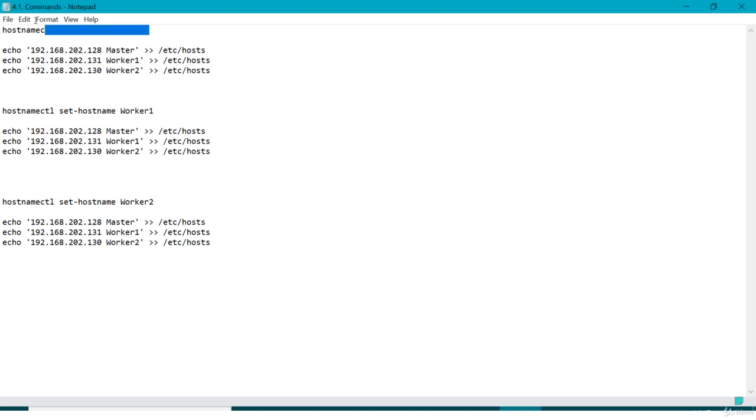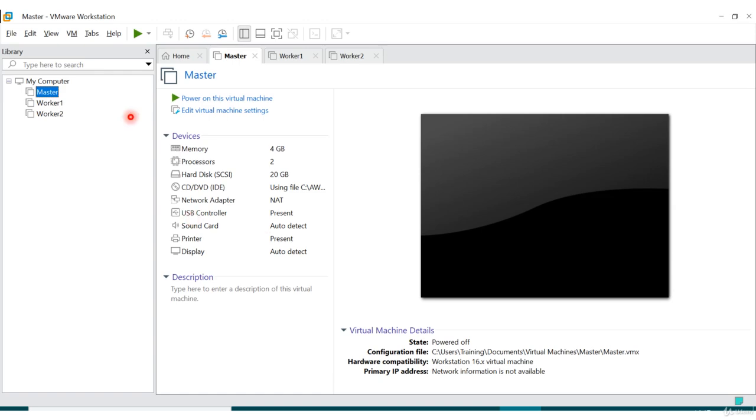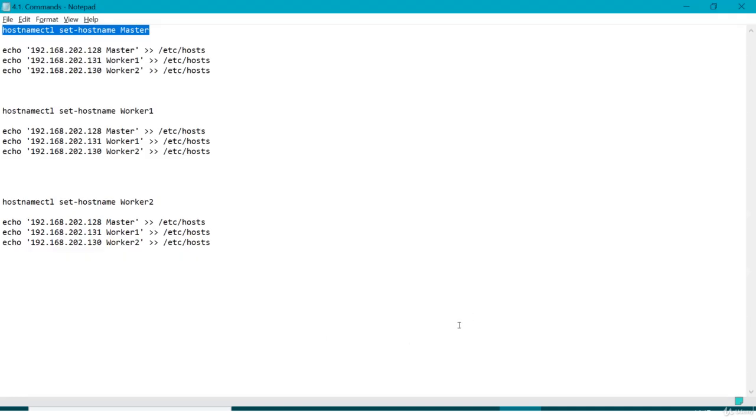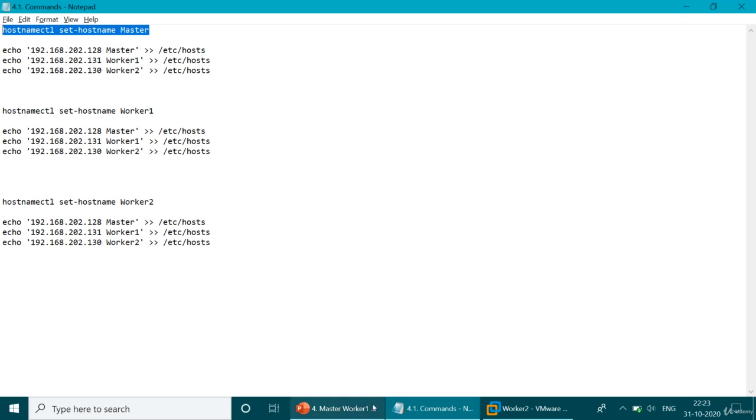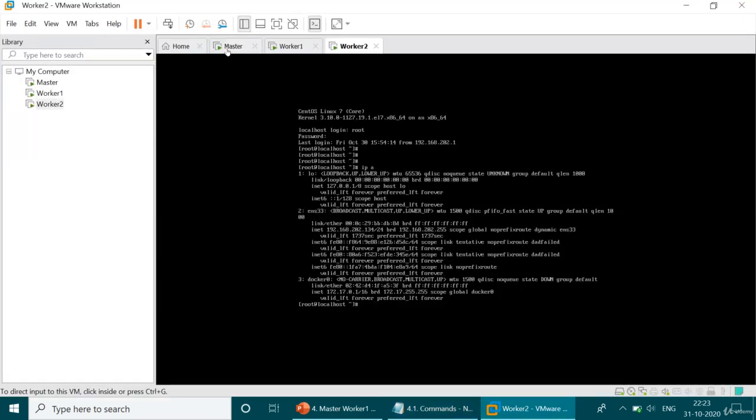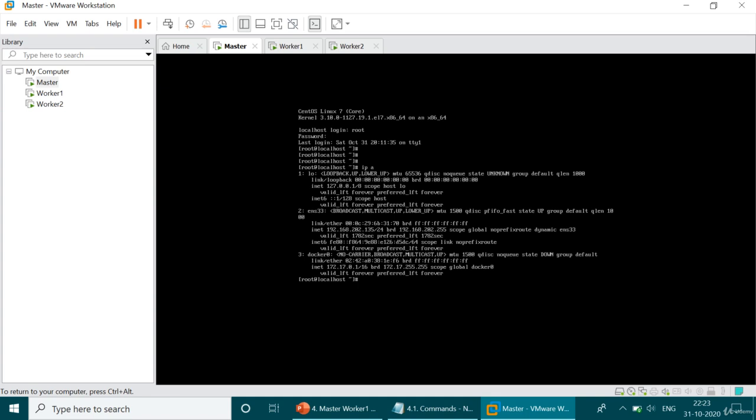So the first step you have to perform is the host name, and I'm performing it on the master. So just copy this line. I'll place it into the screens. Let me close these and log into VMware here, on the master, I mean with root. Once we are in root, just right click and you can paste it. Instead of doing this, because copy paste will be a bit hard here, for the master node we have here